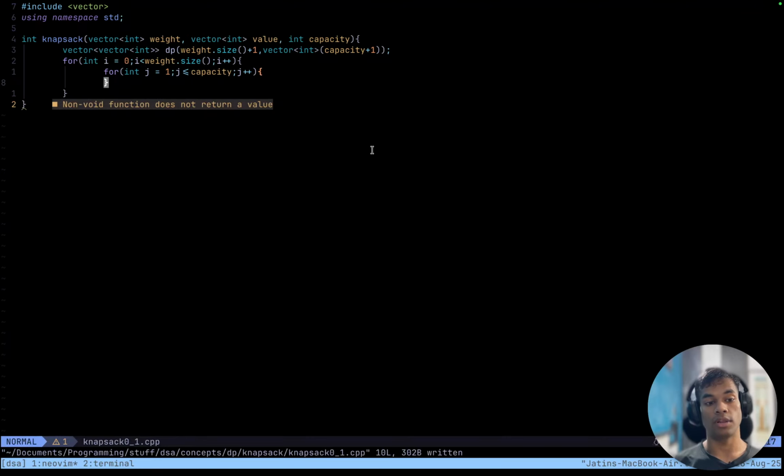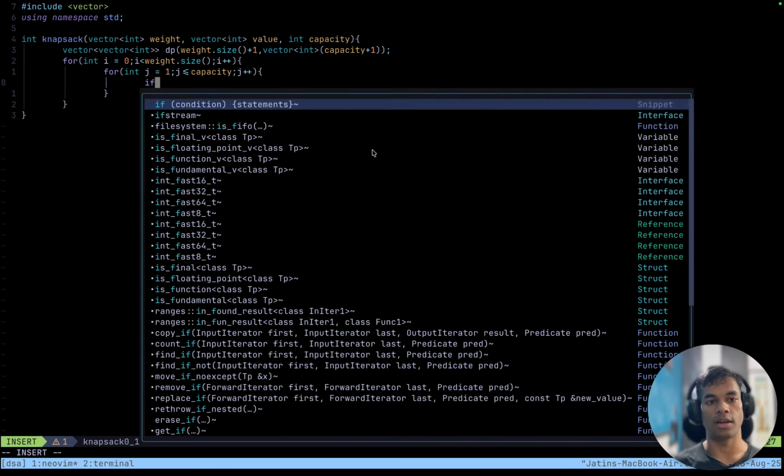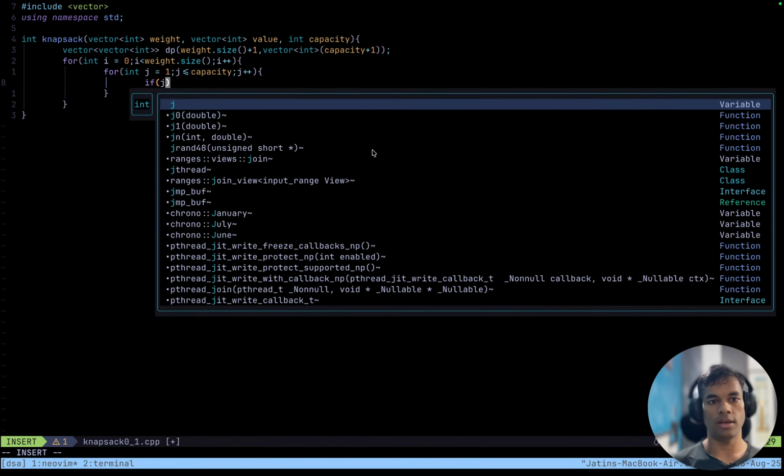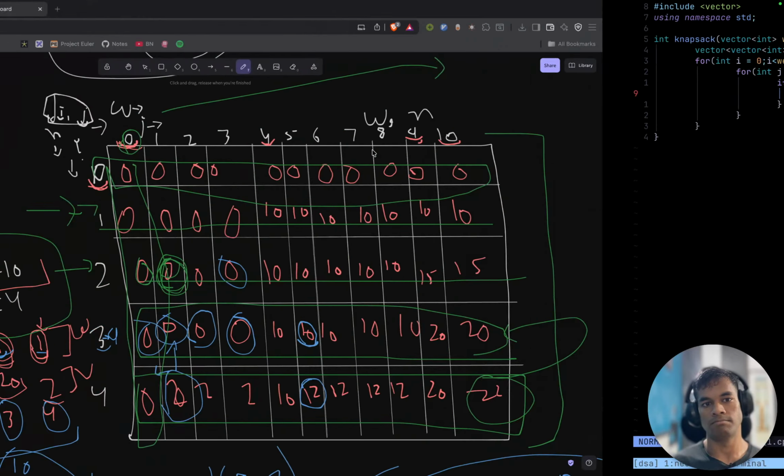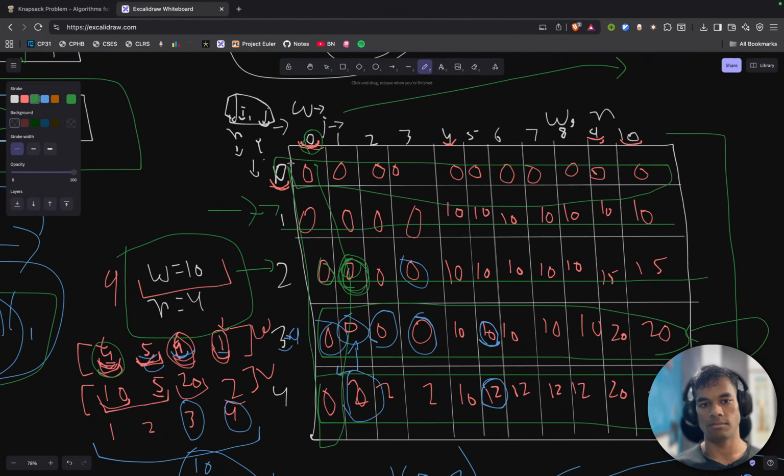But I need to make sure that this weight does not become negative: j, the current weight, minus the weight of the ith element. If that is greater than or equal to 0, only then we will consider this thing. Then dp of i, choosing the first i elements, and not really i, because we are starting i with,